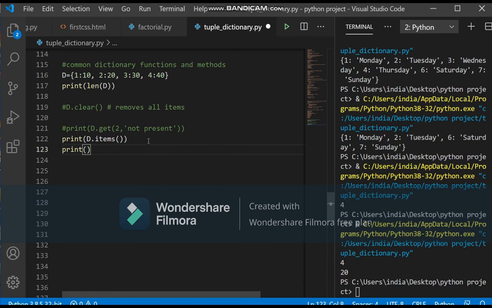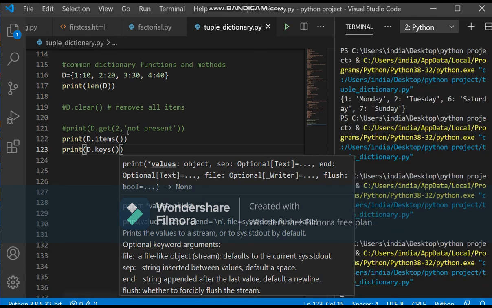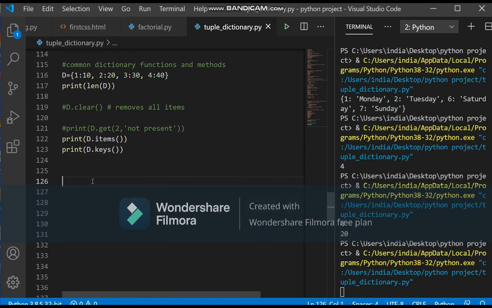This will give you the output, and similarly this items is going to give you all the items. Then if you want, you can have a list of all the keys that you have defined in the dictionary D. Check in the terminal. The output will show you the working of d.items and d.keys.